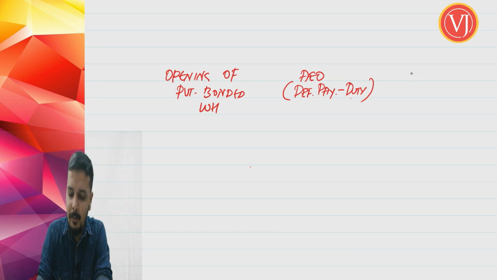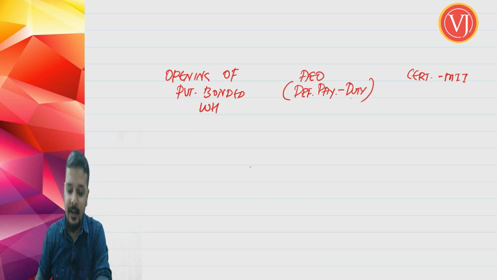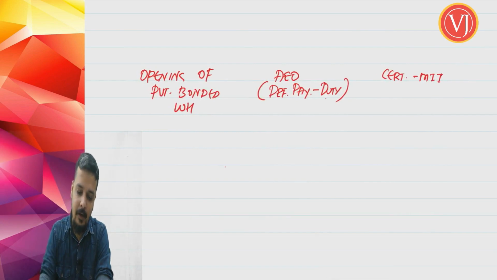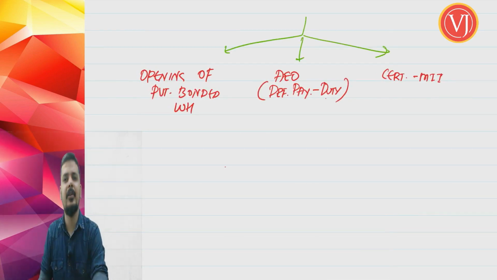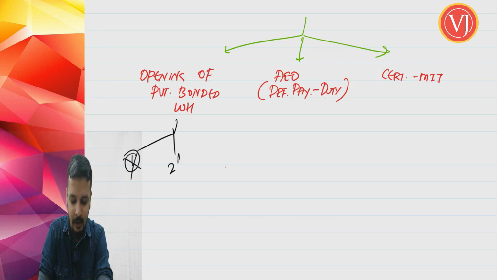And friends, if you are talking about certification that it is made in India, right, to ensure that the foreign customer, USA customer, can give that to their customs department to claim preferential rate of duty, right. Now when you talk about these 3 points, there are a lot of other points. I am restricting myself to what is given in your ICA material here. This opening of private bonded warehouse is not applicable for 1-star category. It is only for 2-star, 3-star, 4-star and 5-star.